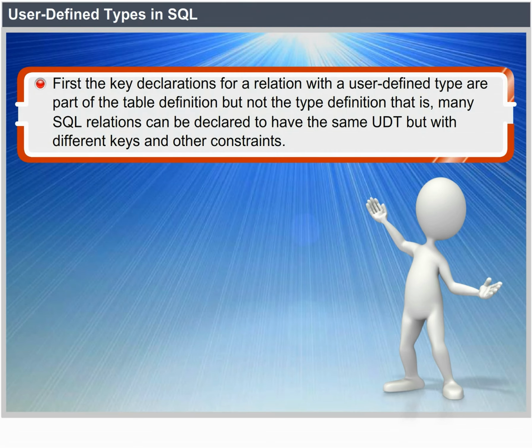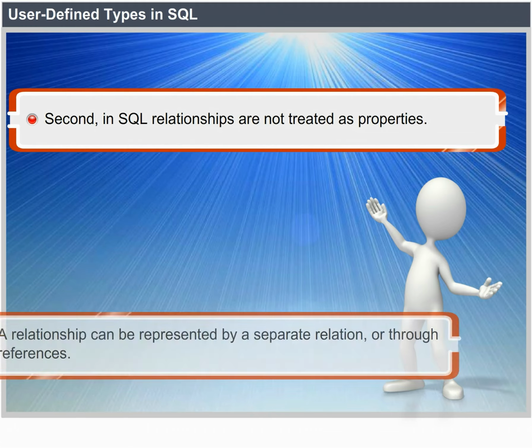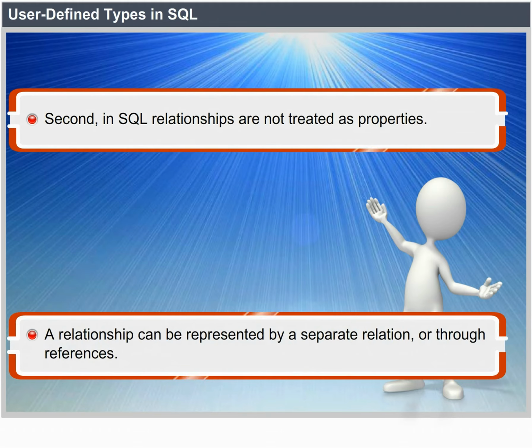That is, many SQL relations can be declared to have the same UDT but different keys and constraints. Second, in SQL, we do not treat relationships as properties. A relationship can be represented by a separate relation or through references. This form of UDT definition is